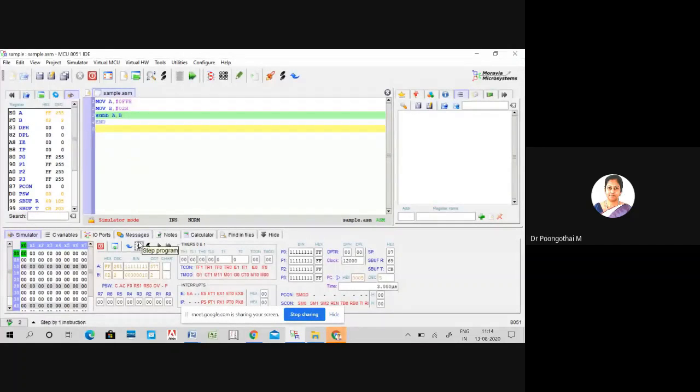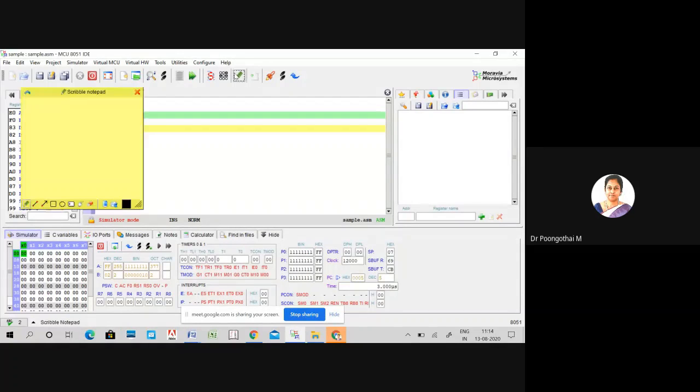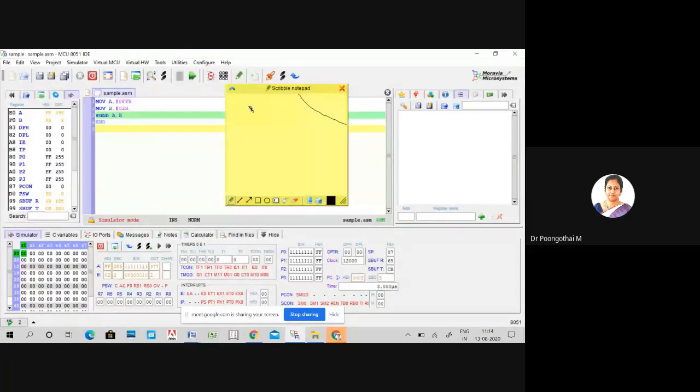I am subtracting the B register content from accumulator. I am subtracting the content of B from A, FF minus 02, okay?